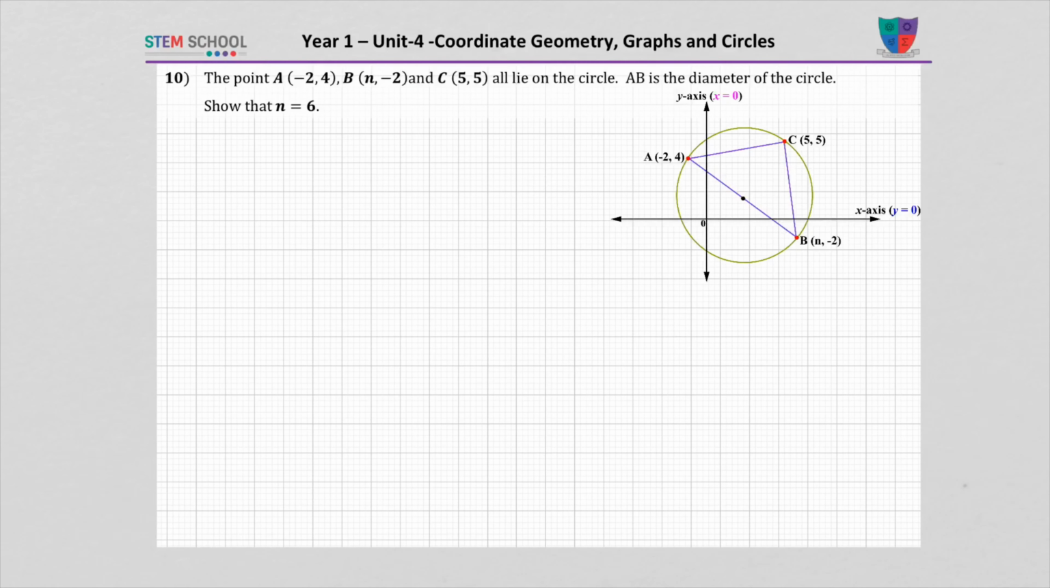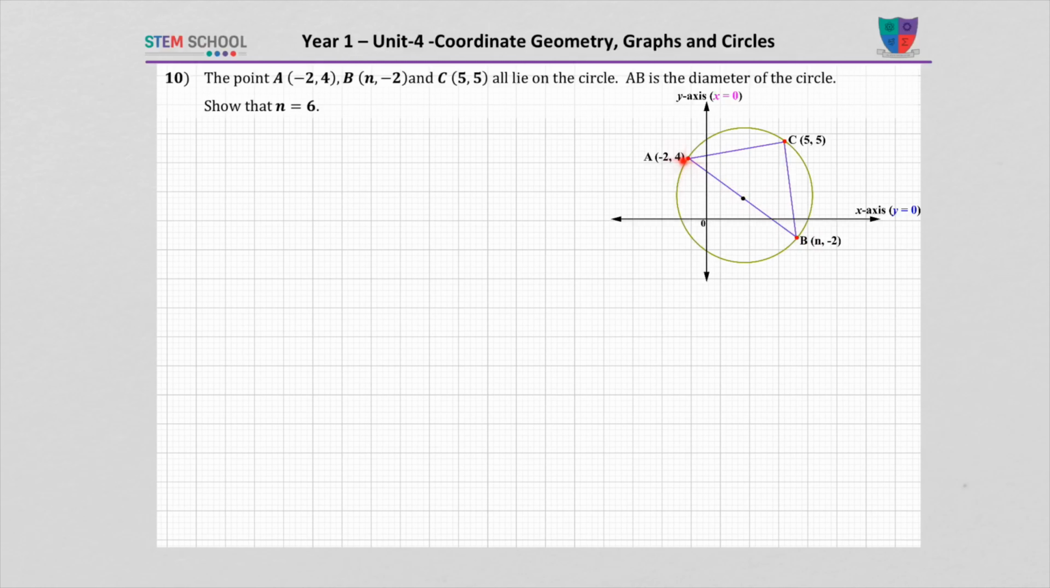Here are the points on the circle. This is A and that's B. B is (n minus 2, ...) and A is (minus 2, 4). C is (5, 5). From the property of a circle, if you draw a line from the diameter,